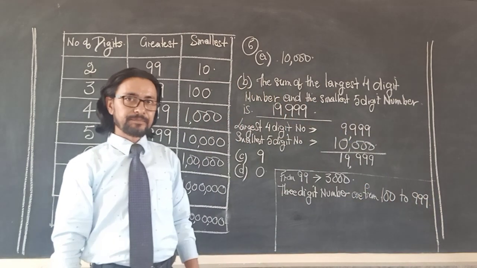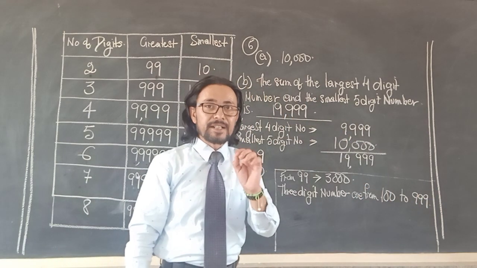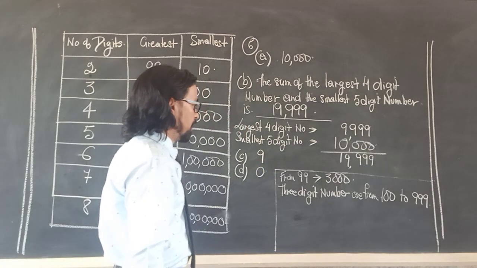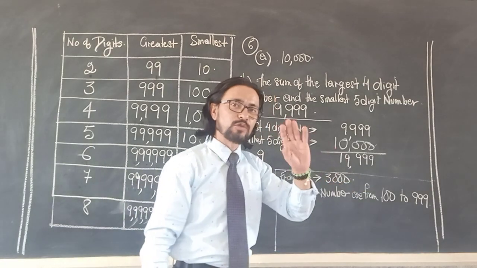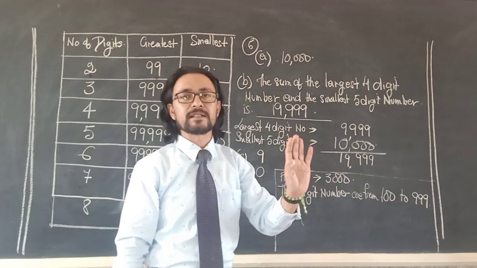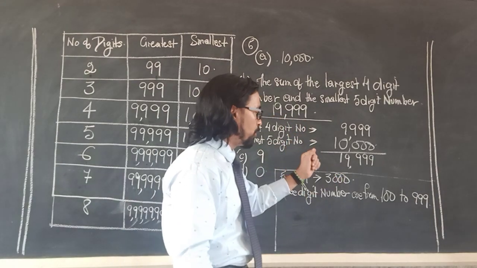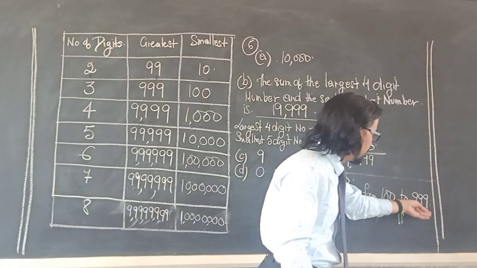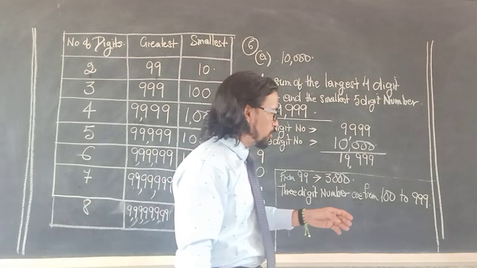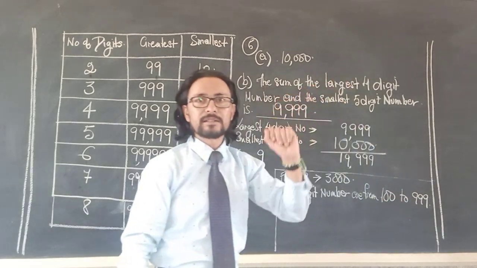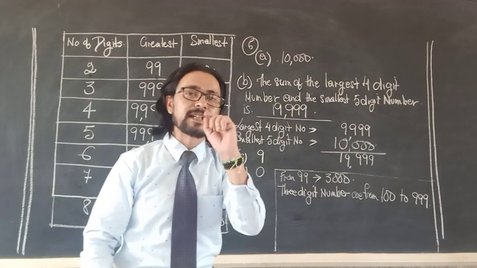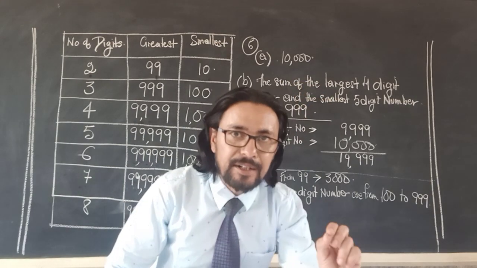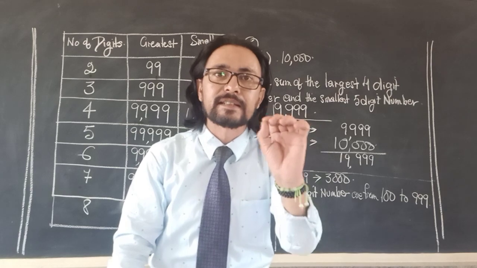999. Now understand this very carefully. It is a little tricky question, but nothing to worry, you will understand what I am trying to say. So they have told you 3000 just to confuse you, nothing else. Because 3000 is a 4-digit number, but they are telling me 3-digit number. And my 3-digit numbers are only till 999. And that too they start from 100, not from 1. Because from 1 to 9 is single digit. From 10 to 99 is 2-digit. From 100 to 999 is 3-digit numbers.